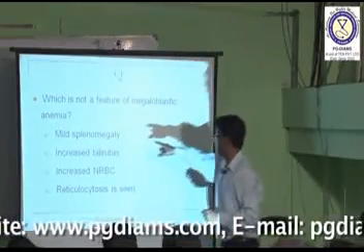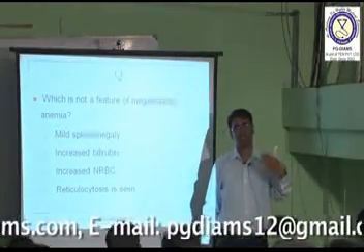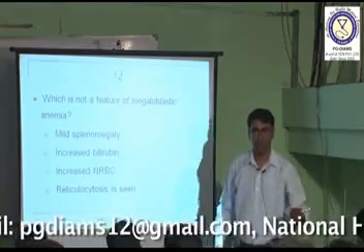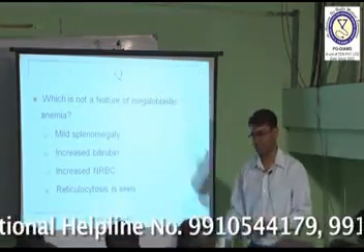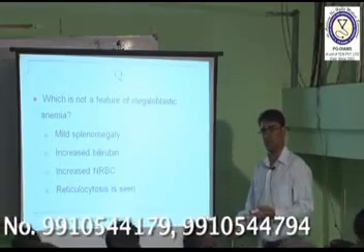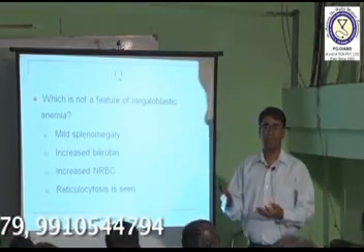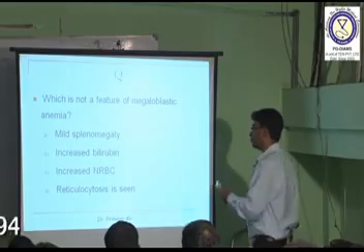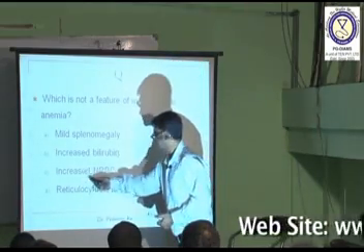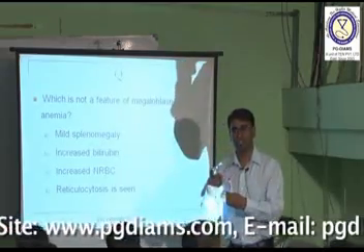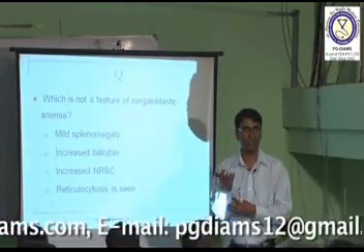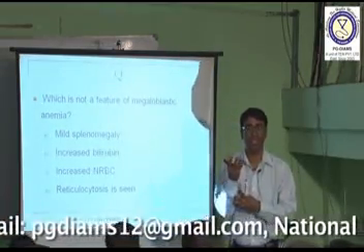So mild splenomegaly will be due to the ongoing hemolytic episodes, because the RBCs are being destroyed where? In the spleen. That will cause mild splenomegaly. Increased bilirubin, of course, due to the hemolytic anemia, there will be increased bilirubin, mostly indirect. Increased NRBCs. There always occurs, due to hemolysis, more production of the nucleated, that is juvenile, RBCs from